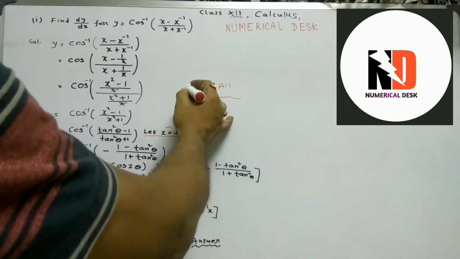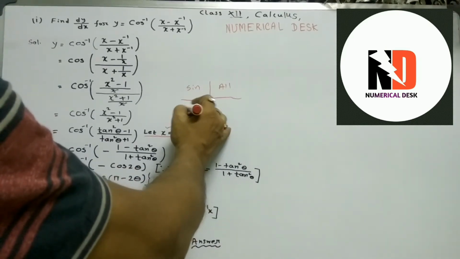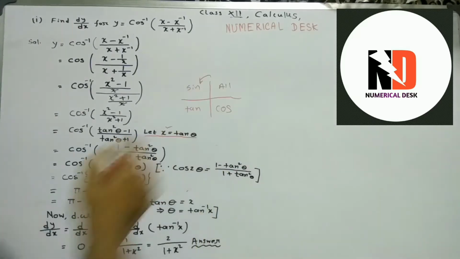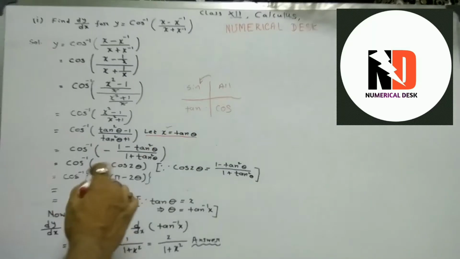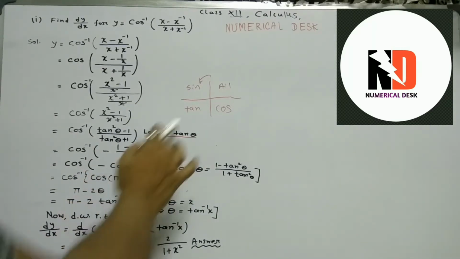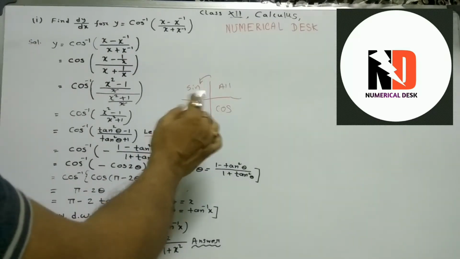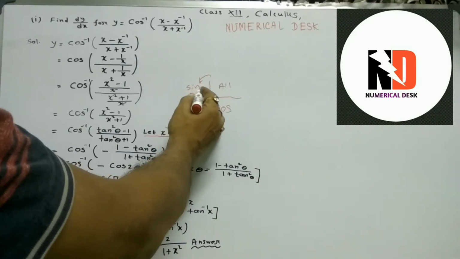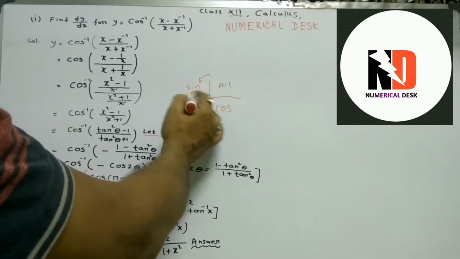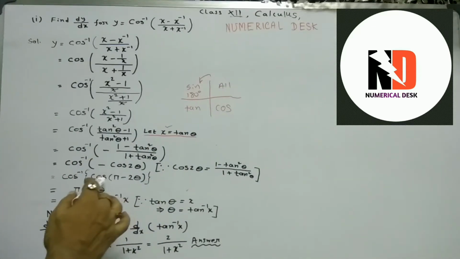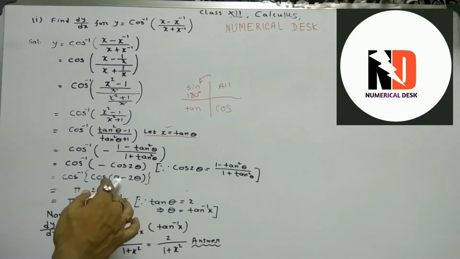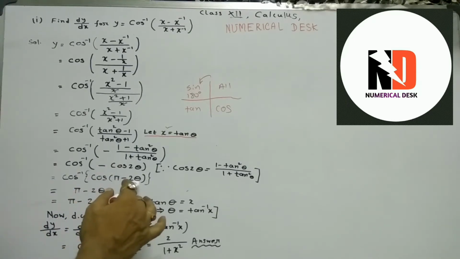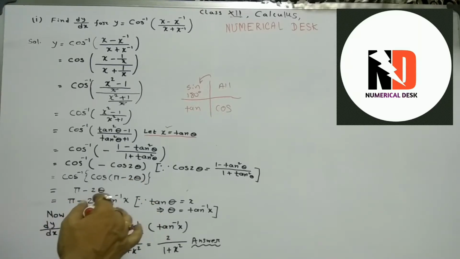Now here cos is negative in the second quadrant. So it is minus cos 2 theta, so it is 180 degrees, the second quadrant, or instead you can say it is pi. So this is a very important step. Carefully, very carefully follow this part.